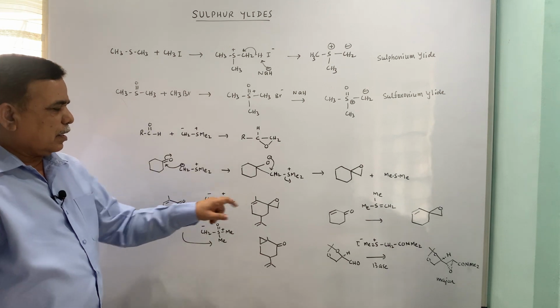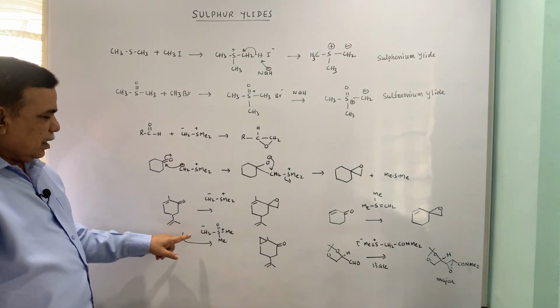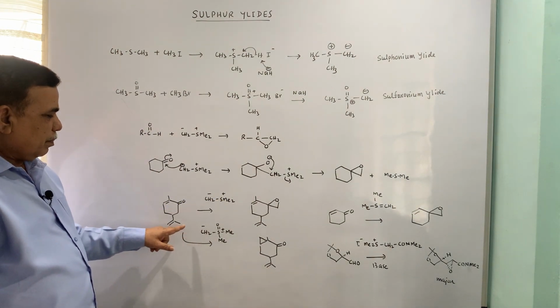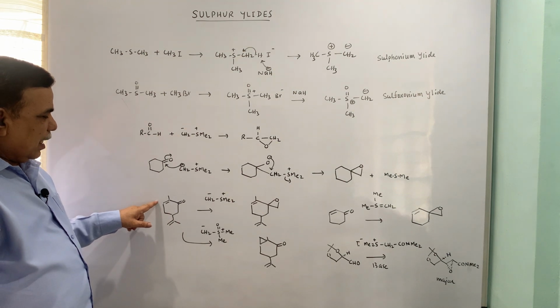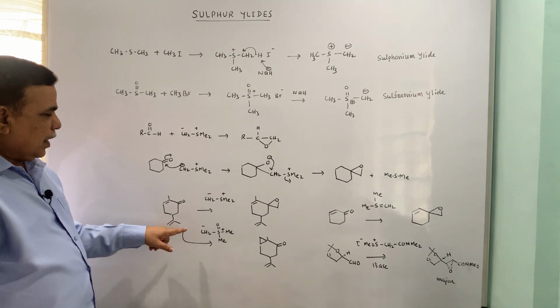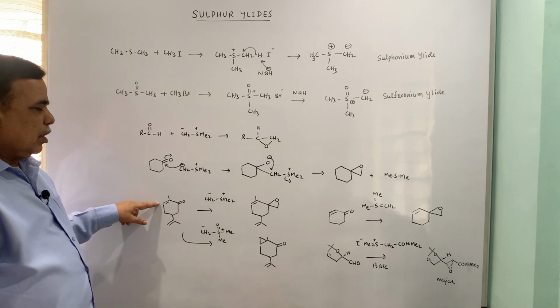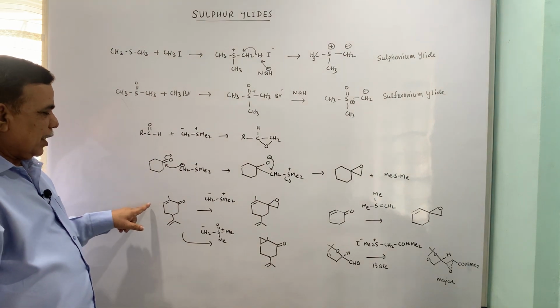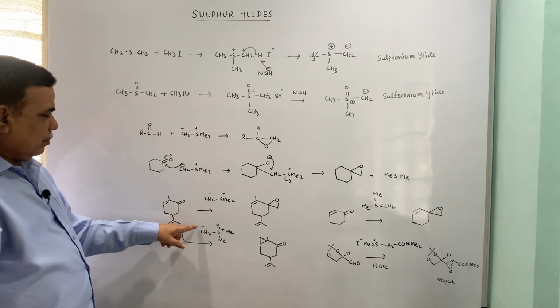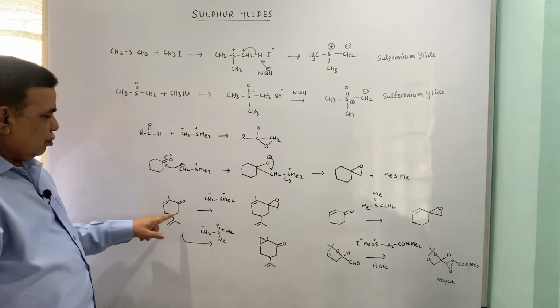If we take some examples from natural products, then you can see that the sulfonium ylide only reacts with carbonyl, whereas sulfoxonium ylide is a soft nucleophile. This is a hard nucleophile. So soft nucleophile attacks at the 1,4 position. Now this is a Michael type addition. You can show the mechanism, like attack of this CH2 minus here.